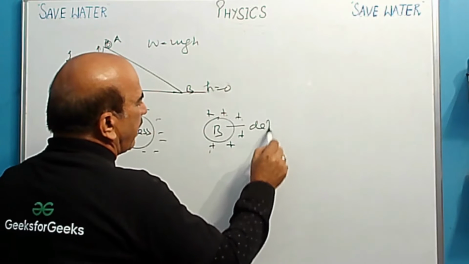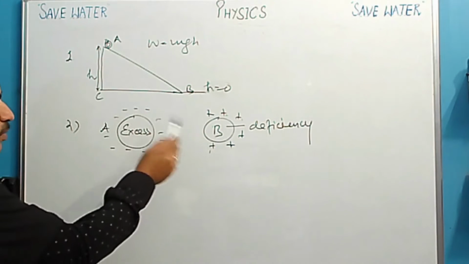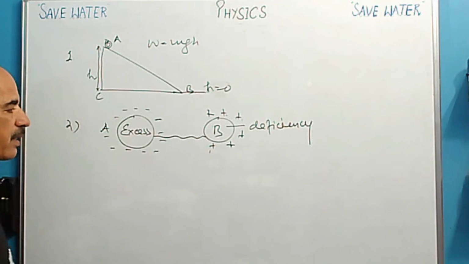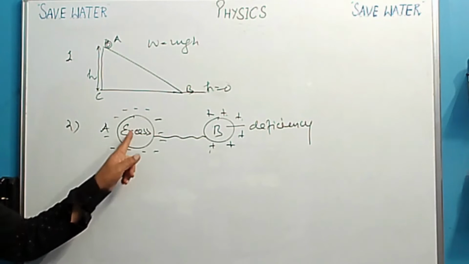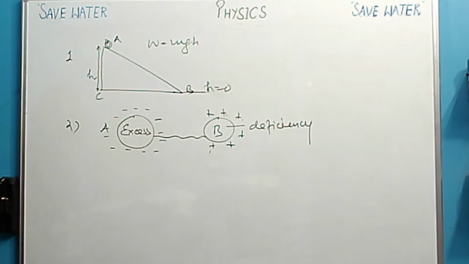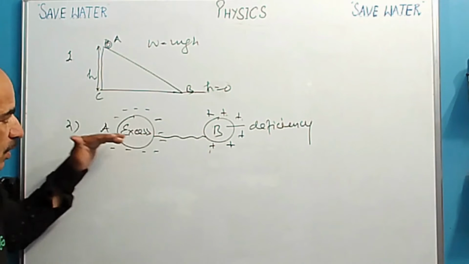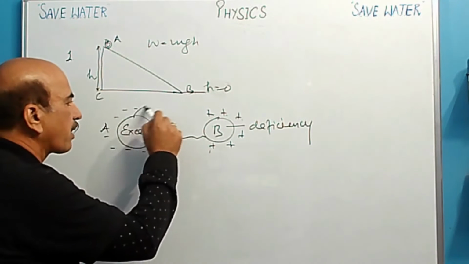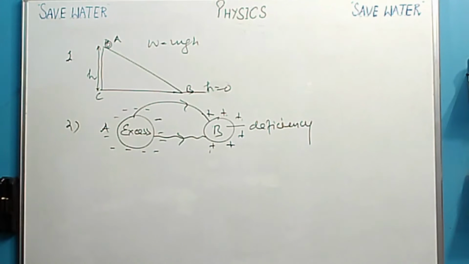इसमें charges की क्या है? Deficiency है. Yes. So when these two are connected with a conducting wire, इसको हमने conducting wire से join कर दिया, what will happen? Charges will flow from A to B, because A has an excess of charges and B has a deficiency of charges. तो इनको neutral होने के लिए the charges will flow from this body to this body. Yes, any problem here?